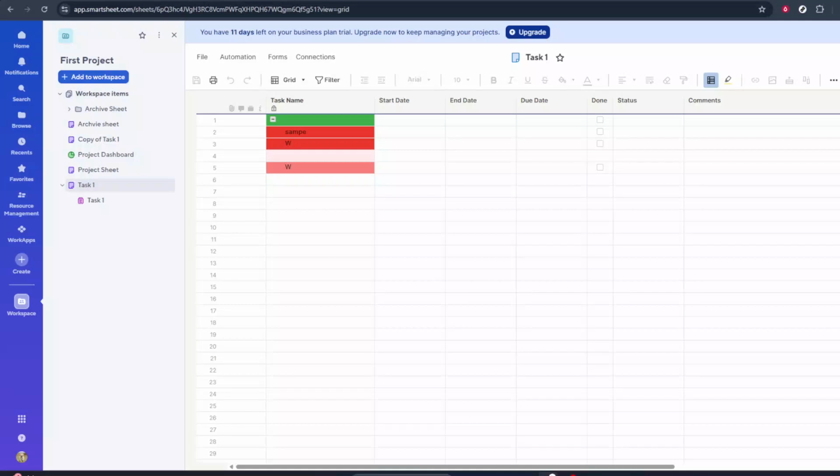In today's video, I'm going to teach you how to change font style in SmartSheet. Changing the font style is a simple way to make your sheet easier to read and more visually organized. Whether you want a cleaner look for reporting or you're just trying to highlight important information, adjusting the font style only takes a few clicks. I'll walk you through exactly where to go and what to do so you can follow along in your own